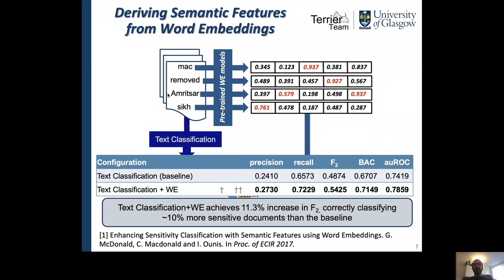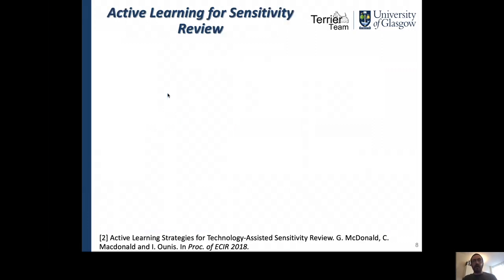Okay, so that was the first part. That's where we know what we want to learn. We have a test collection with identified sensitivities in it, and we want to learn to predict those sensitivities. However, in most collections that we will be dealing with, we don't know what the sensitivities are within them. We don't know what the risks are. So we want to be able to quickly learn to identify what the particular sensitivities are within a collection.